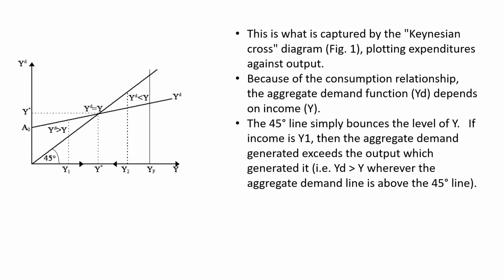In the diagram, you can see the same. It is here in this diagram. You can see that expenditure is plotted against the output, and because of the consumption relationship, the aggregate demand function YD depends upon income. Here, the 45-degree line simply bounds the level of income. If income is Y1, the aggregate demand generated exceeds the output which actually generated it. We can see that YD here is greater than Y,